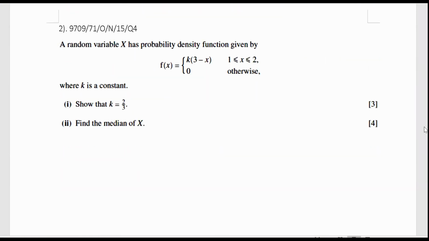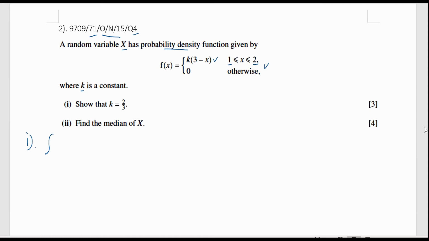So this is the question from 2015 October/November, variant 7.1, question 4. A random variable x has this PDF. We can tell this PDF is a straight line graph with limits from 1 to 2, and k is a constant. So in order to show that k equals 2 over 3, again, very important point: when this is a PDF,